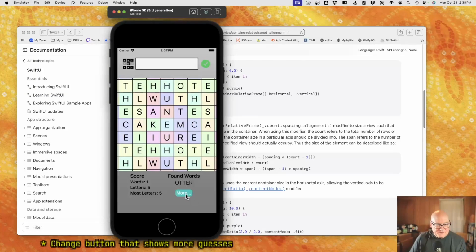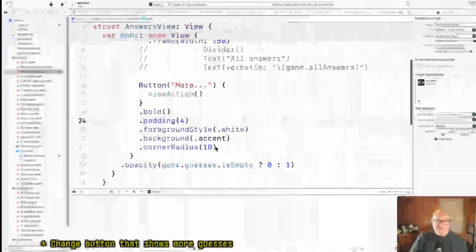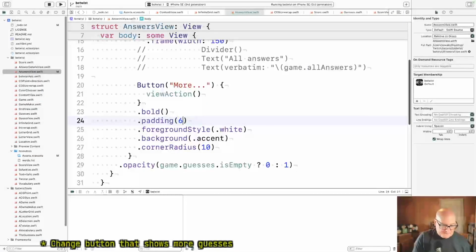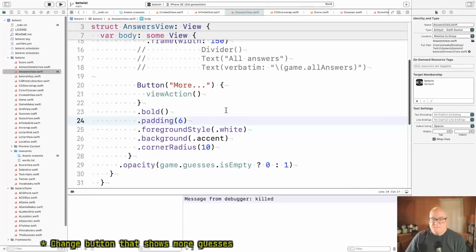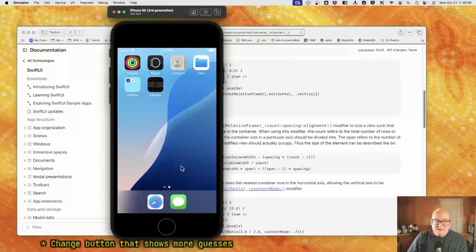Okay, that's a little weak. I think maybe 6. It ends up being a little more vertically than I want, but